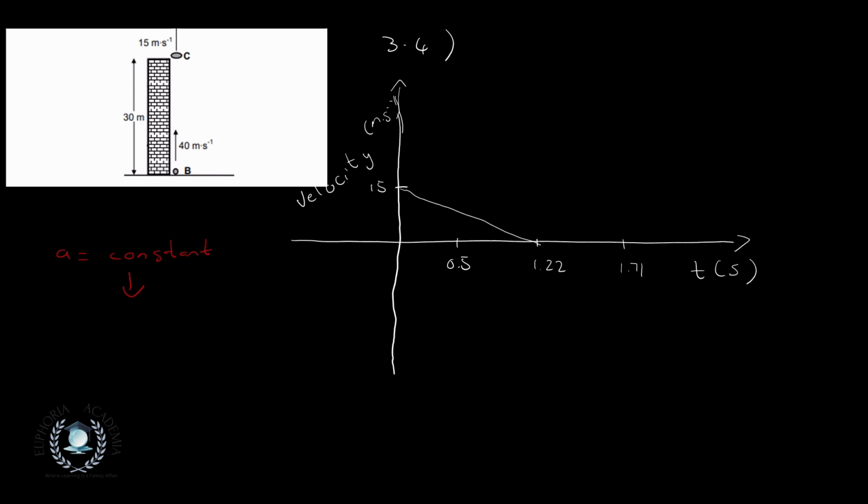All right, now at 0.5 seconds, that's when we have the initial velocity for ball B, and let's just draw some dotted lines. All right, so at this point we have an initial velocity of 40, and after